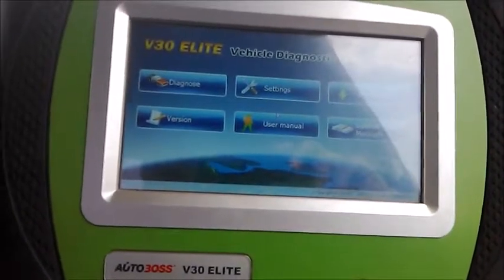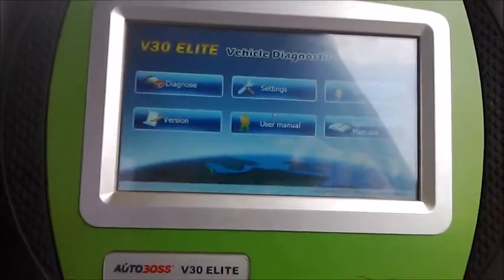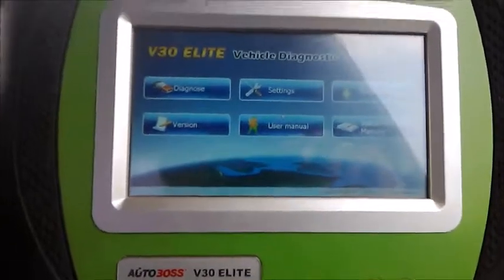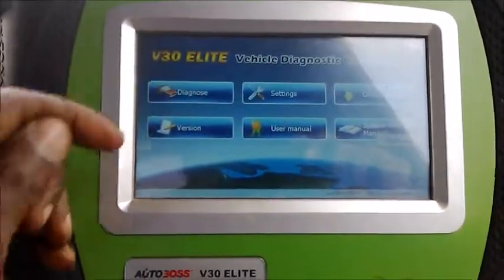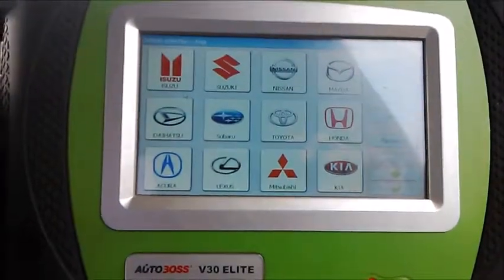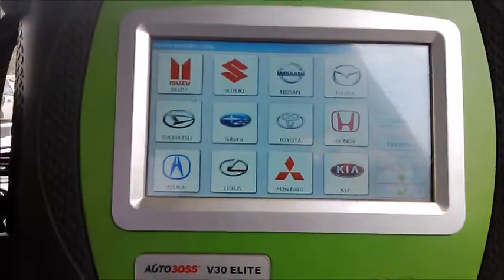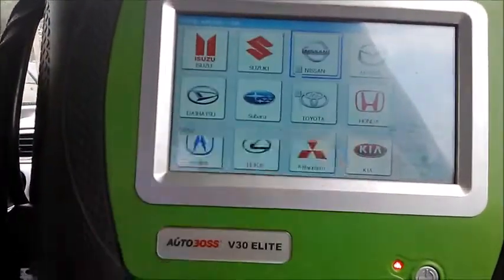But I didn't feel any low power issues. I think it has a one liter engine. I felt it was good enough, but the customer thinks it has low power. Anyway, I'm going ahead to have a look